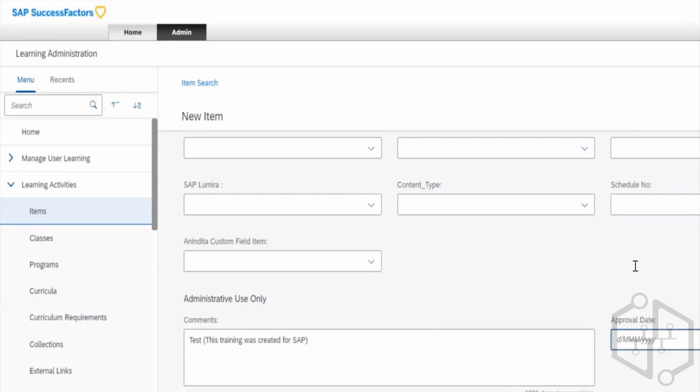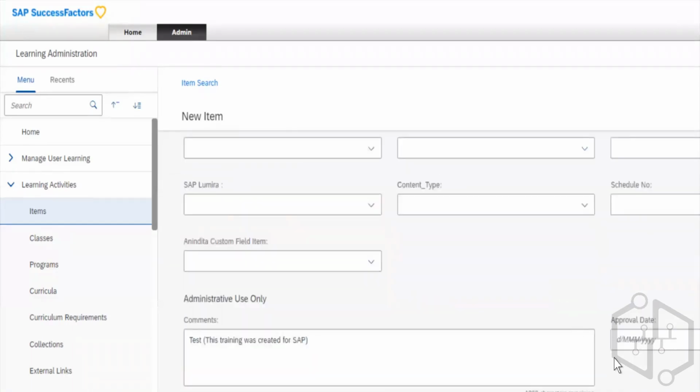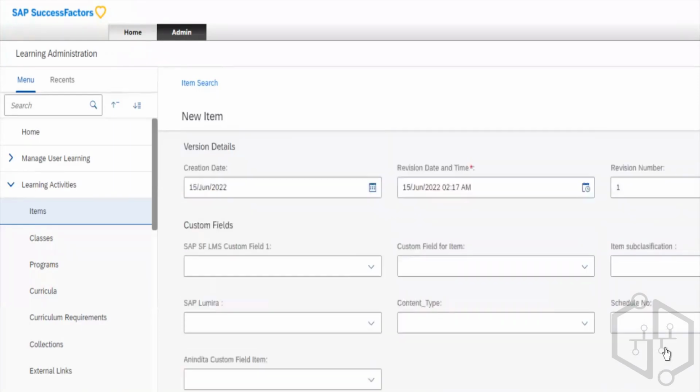Once this is done, of course, you go to administrative only. Here you will see an option to call it save. I don't see it for some reason. My